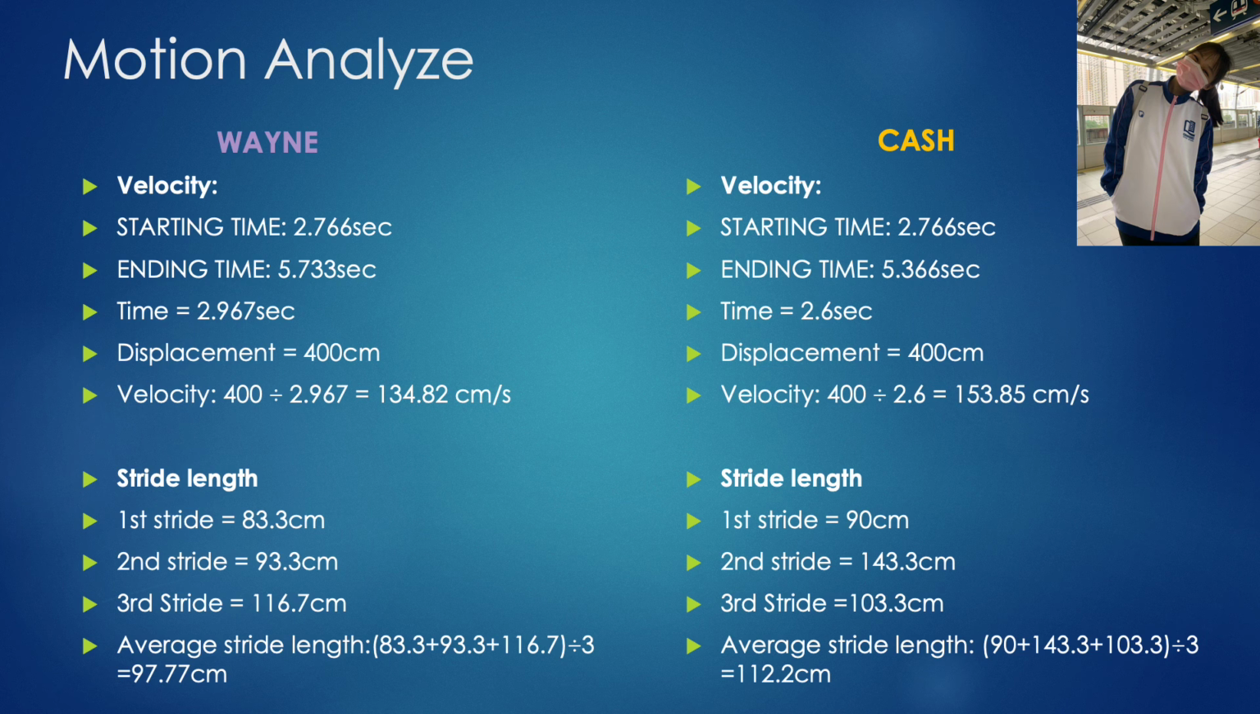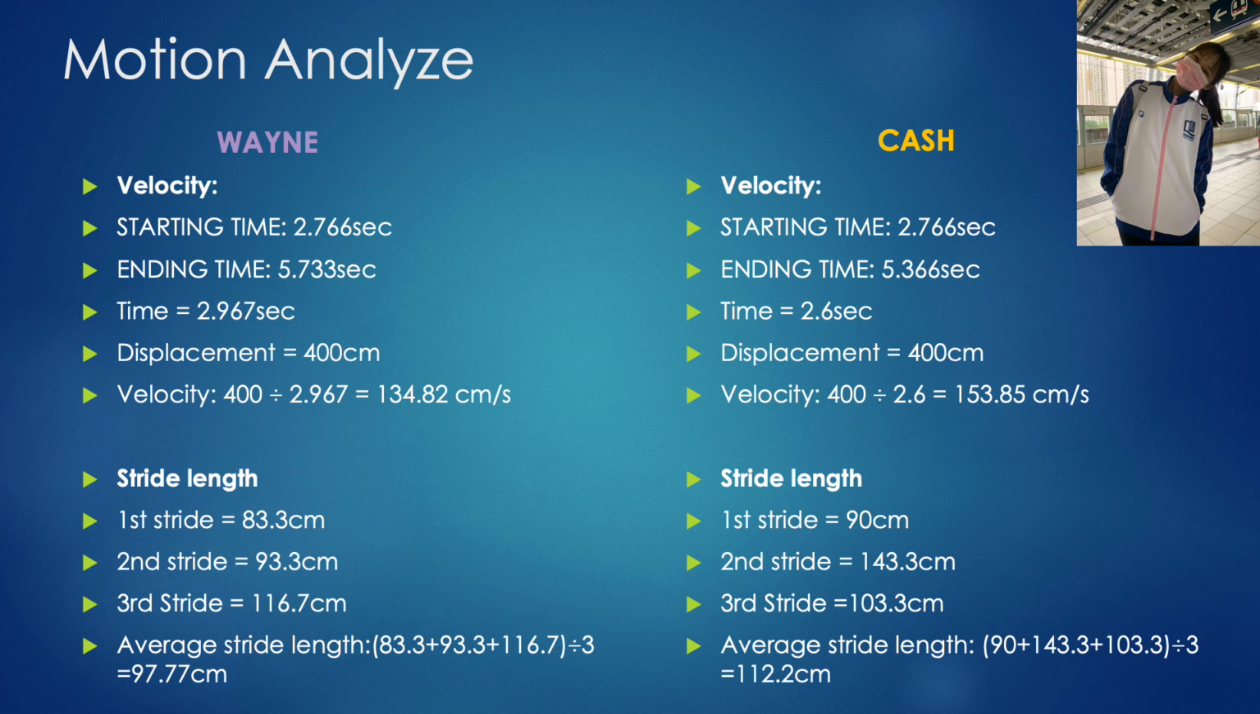Here is the calculation of Cash's stride lengths and velocity. His starting time is 2.766 seconds, and the ending time is 5.366 seconds. The time spent was 2.6 seconds. The displacement is also 400 cm, while the ending point is on the last cone. After the calculation, the velocity of Cash is 153.85